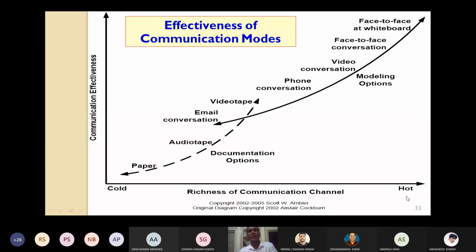Nowadays in Agile software development, in the very cold mode, we start with email conversation. Otherwise, in order to make it hotter or more efficient, we use phone conversation, video conversation and face-to-face conversation. And the hottest one is face-to-face at the whiteboard. That's why you have to do daily meetings. You may take a whiteboard also.